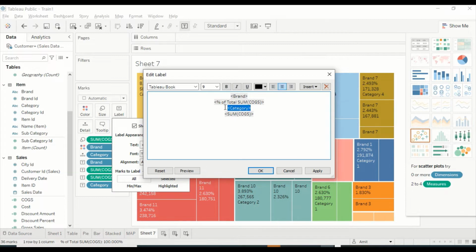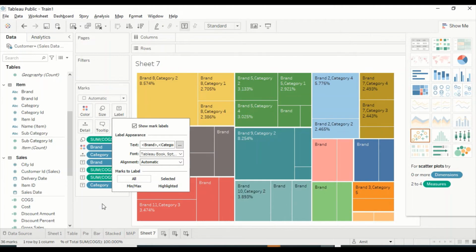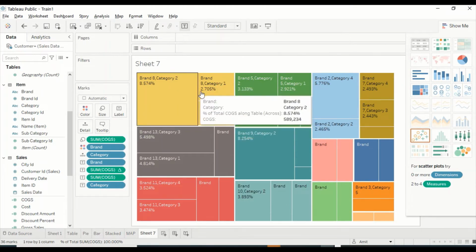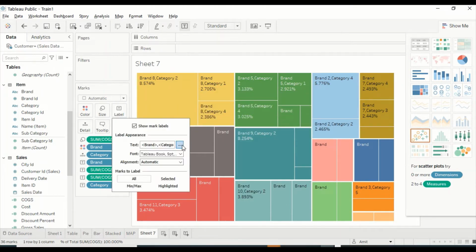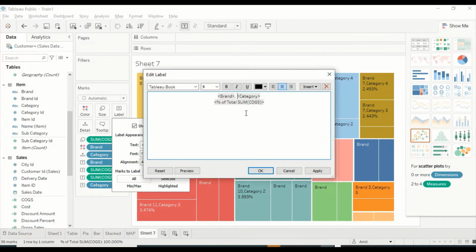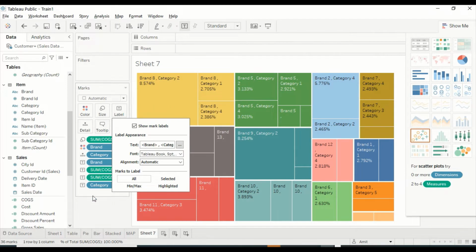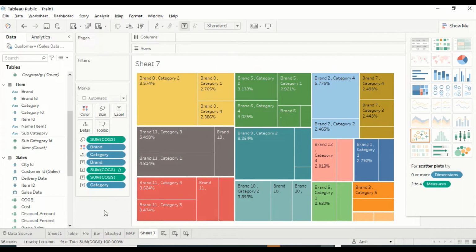Or we can say, okay, we take category here and we say it's comma separated out here, and then let's not show the sum right now, or we can remove the sum, or we can remove the percentage of total. Now we have changed it. Now we are showing this kind of view. If let's say space seems a problem, let's give a space on both sides, single space. Okay, looks much better. So this way we can do it, and if you want to highlight or something, you can actually go ahead and choose those options.